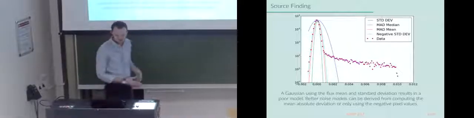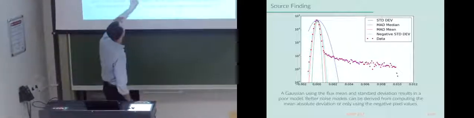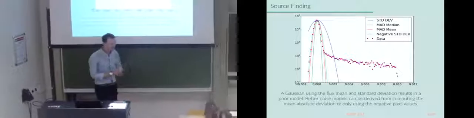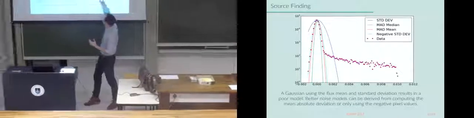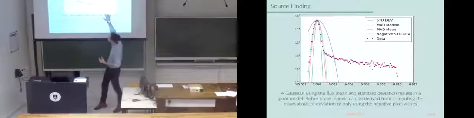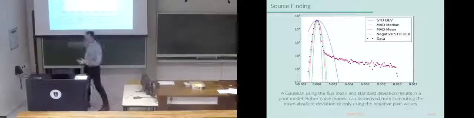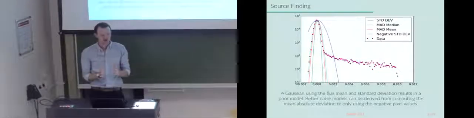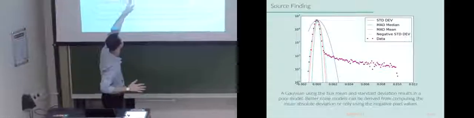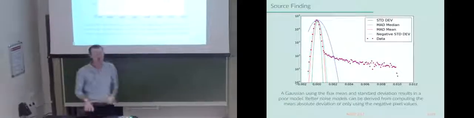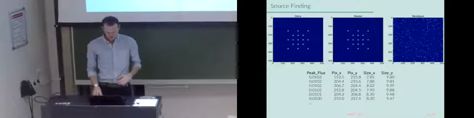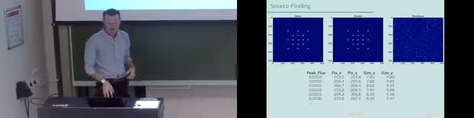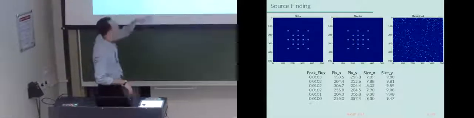Depending on how you do that, there's a number of ways. Computing the standard deviation necessarily makes it wider because you have all these high intensity flux sources showing up. You can choose other things like a MAD estimator, which gives you a more compact selection of noise components. And this separates the noise from the sources that you have in your new image. Using that, you can separate out the model and the residual.